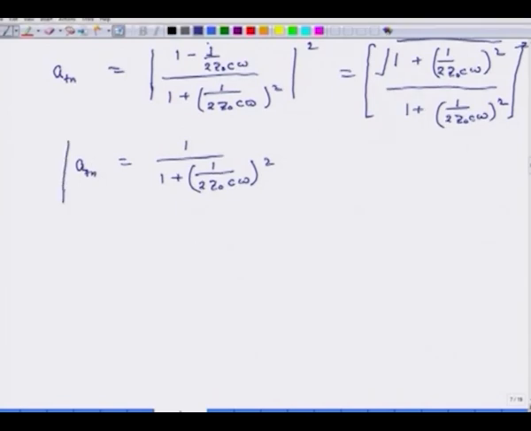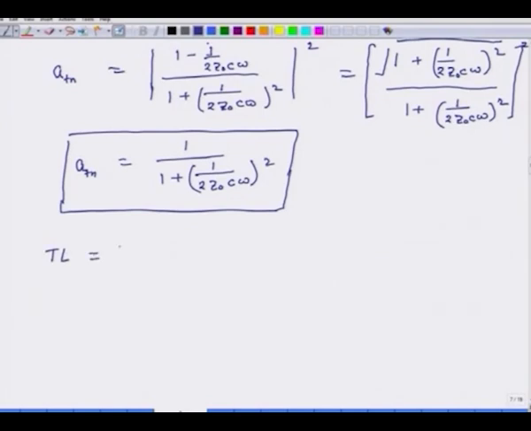So, now that I have developed a relation for attenuation of sound as it gets transmitted across a wall, what I will try to find is the transmission loss in decibels. So, I call it T L, and that is defined as 10 log 10 of 1 over attenuation, and that is essentially 10 log 10 of this whole thing, and because it is 1 over attenuation, this denominator comes in the numerator. So, I get 1 over